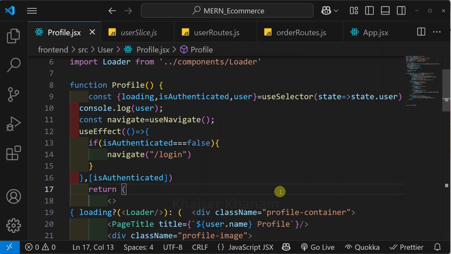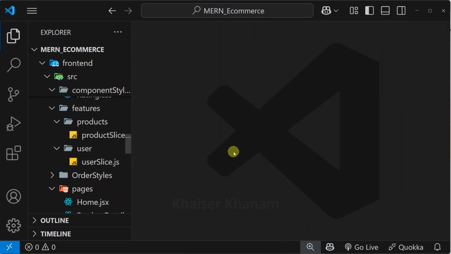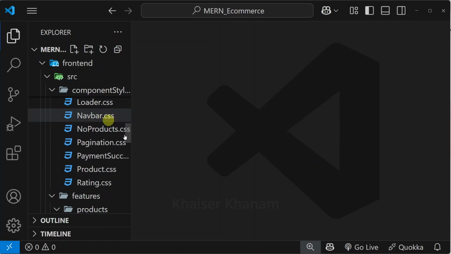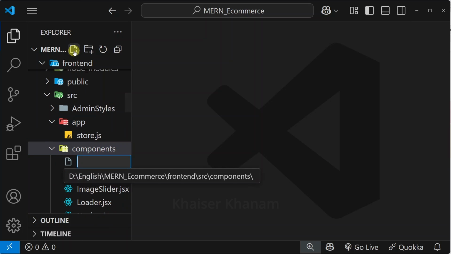In our previous lecture, we had issues while loading the user. So now what we will do, we are just going to protect our routes. Before that, let me close all the files. Now inside this components folder, I will be creating one file. Scroll up. Inside this, I will create the file